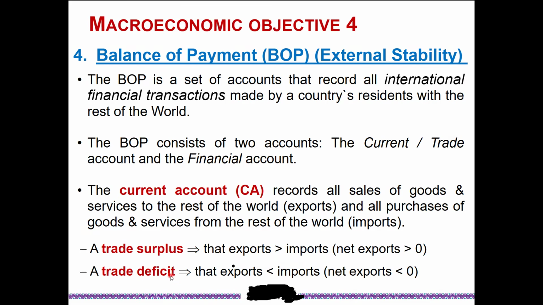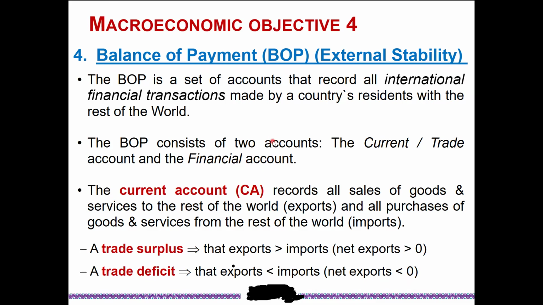we would have a trade deficit because our income would be less than our expenses, right? So the net exports is less than zero. We have a trade deficit. Right. So the balance of payments